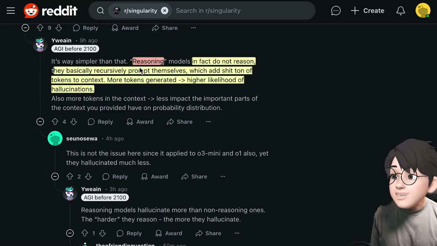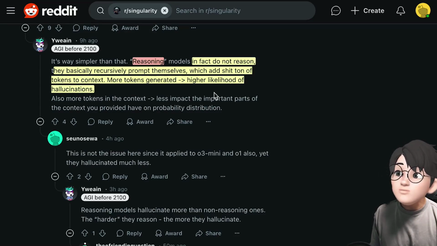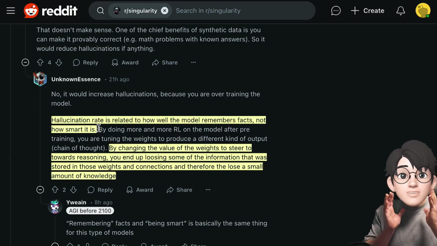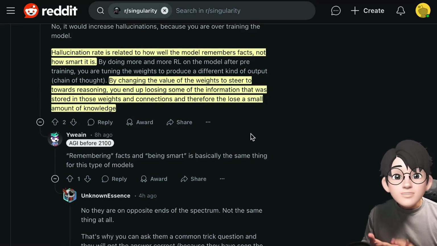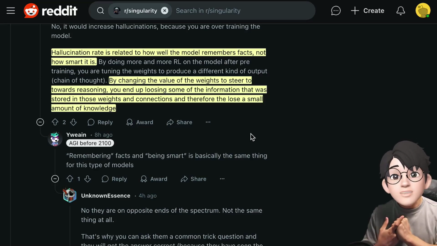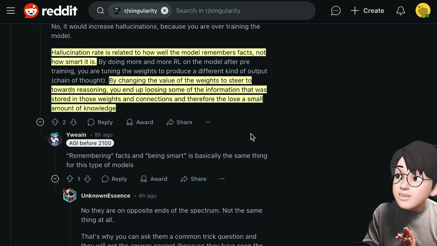They say that repeatedly feeding prompts to the model in an attempt to produce better responses can increase the likelihood of hallucinations as more tokens are generated. Ultimately, the hallucination rate is related to how well the model remembers facts, not necessarily how smart it is. Some people are good at memorizing. Others excel at logical thinking and making judgments. We should choose our models wisely. For tasks needing organized factual data, existing foundation models are best. That's likely why GPT-4 was developed. Nevertheless, it's important to distinguish areas that require deductive reasoning and address them in a separate manner.